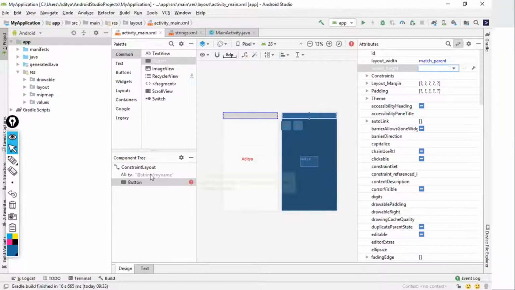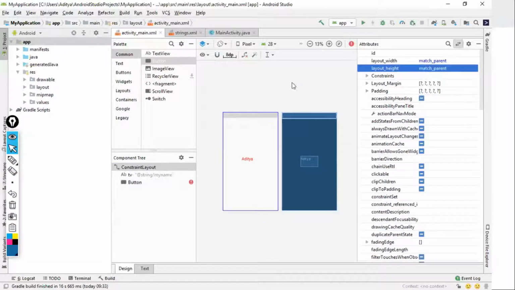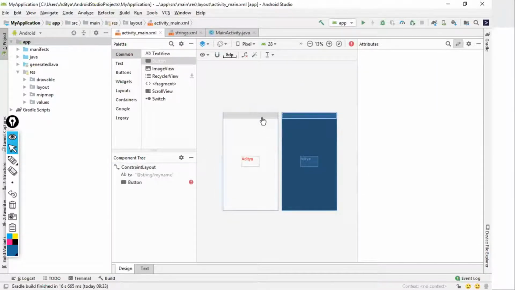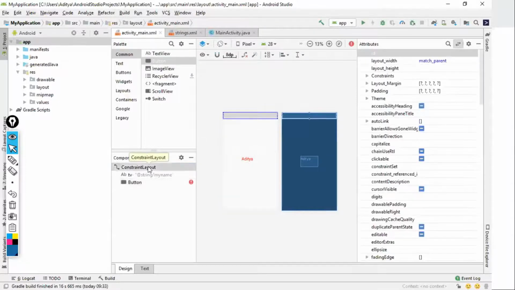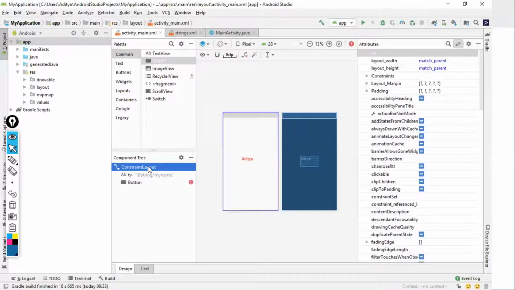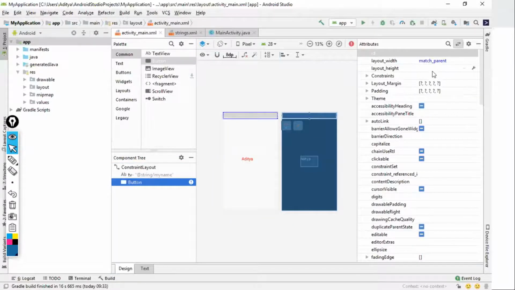Actually, we are using constraint layout, so in constraint layout you are not given the chance to add match parent. Otherwise, I shall show you. Right now the layout we're using is constraint layout. If I use any other layout, there are plenty of layouts in Android, and I put the button's height as match parent, you'll see the button's height has extended to the whole screen like this. Wrap content is something you can infer easily. Wrap content means whatever is the content inside the button, the height should be of that much only.